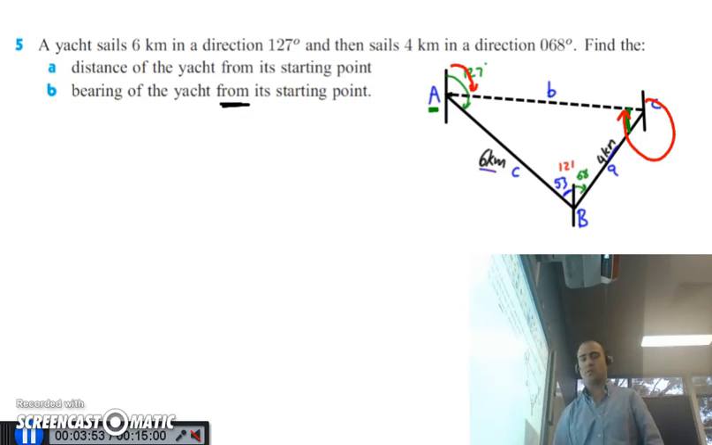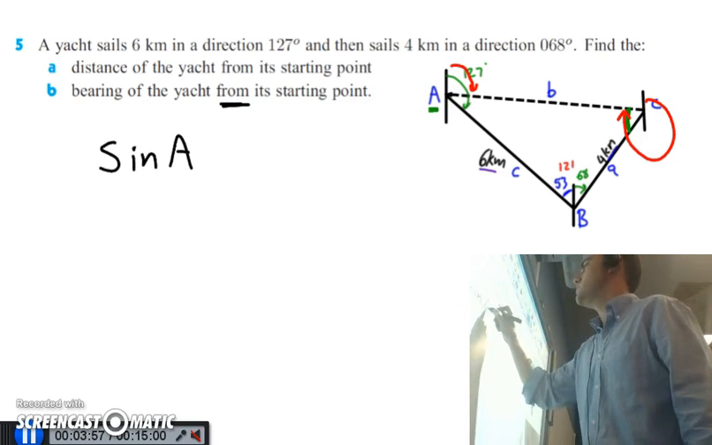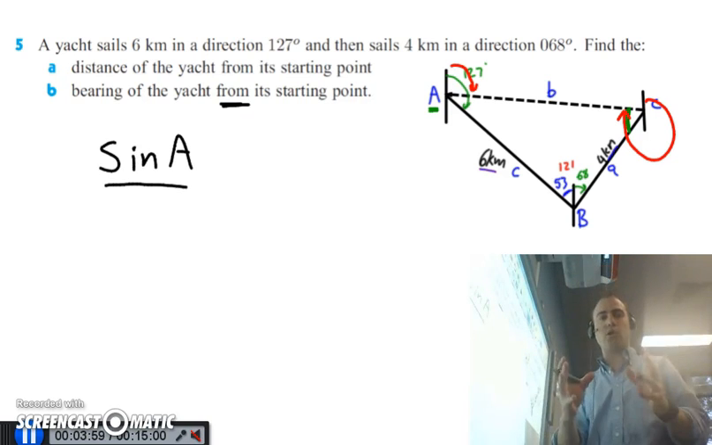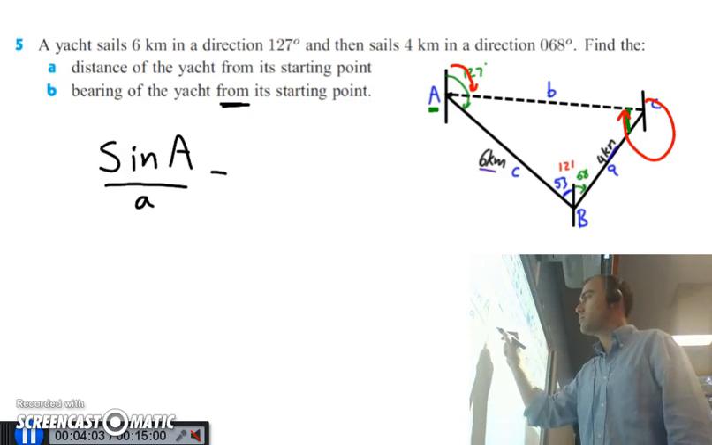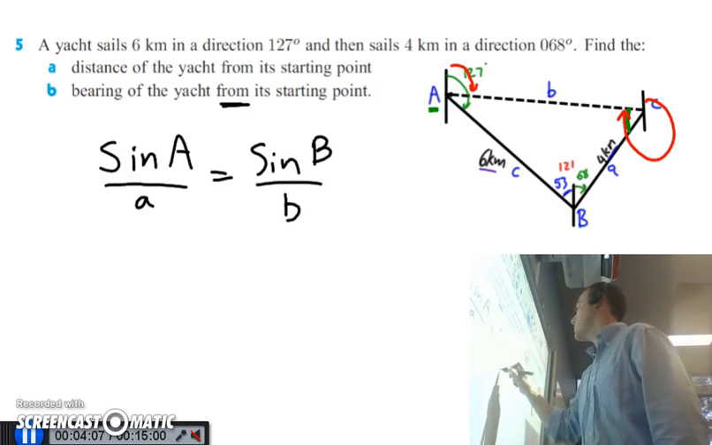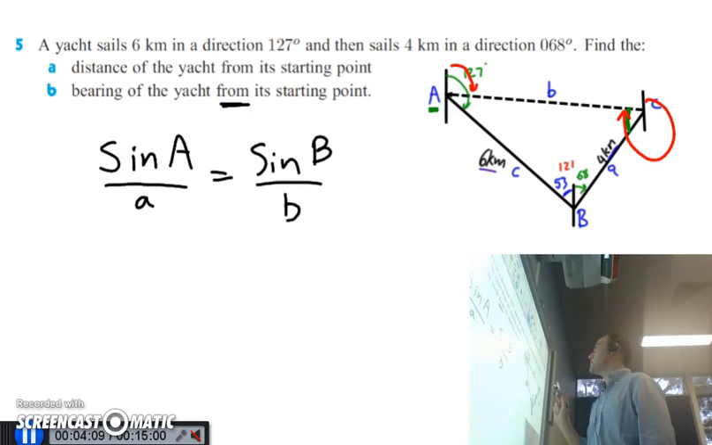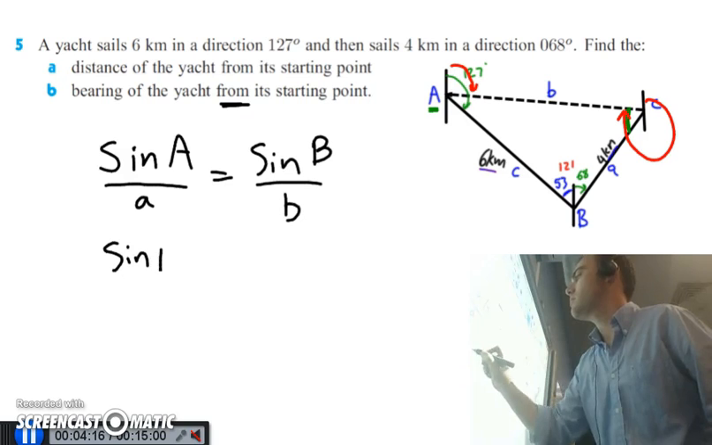So let's do the sine rule here. So we've got sine A over A, remembering to put the A on top because we want to find the angle, is equal to sine B over B. Because again, we know what B is and we also know what A is. Alright, so we put in what we know. Sine A